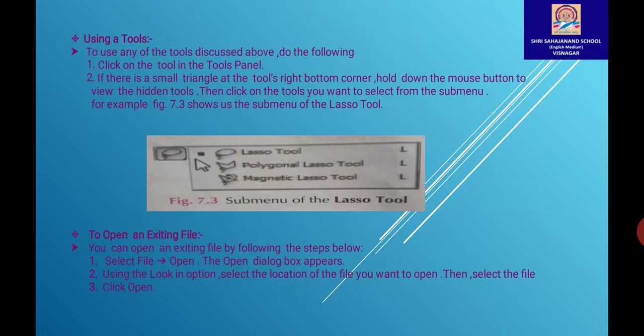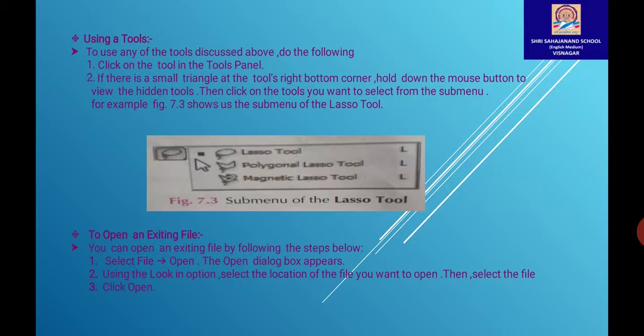For example, figure 7.3 shows us the sub-menu of the lasso tool. When you look at the tools panel, you will see that the lasso tool has a small triangle. When you click on the triangle, you will see this type of small menu. It has 3 options: lasso tool, polygonal lasso tool and magnetic lasso tool.